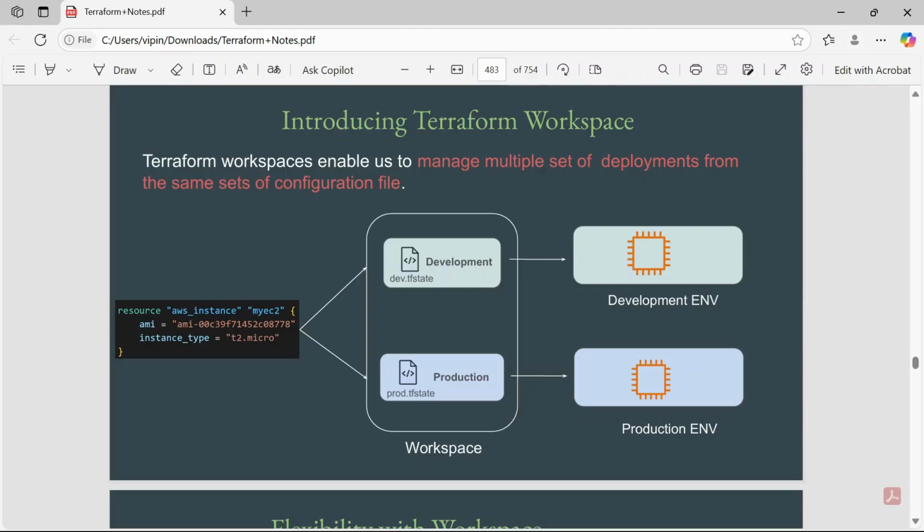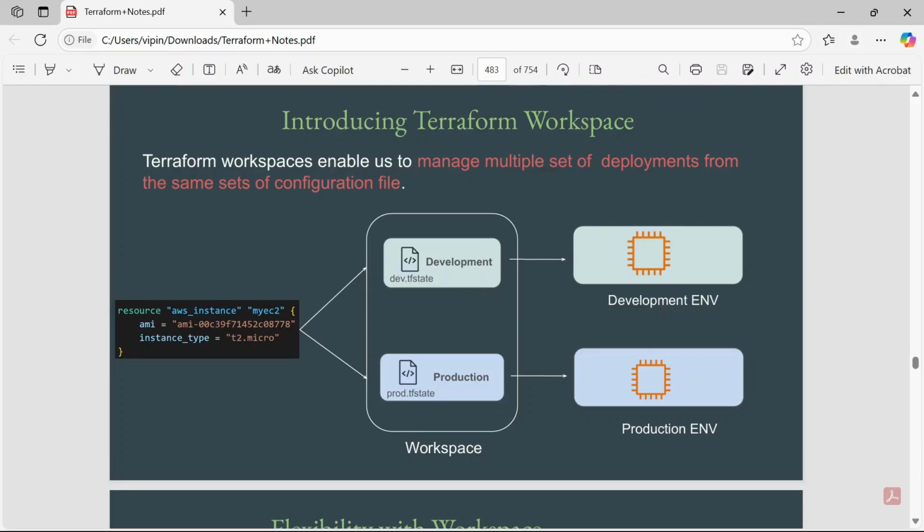Introducing Terraform workspace. Terraform workspace enables us to manage multiple sets of deployments from the same configuration file, meaning you can use a single Terraform configuration file. Here is an example of a configuration file that is creating an EC2 instance, and here we can see the workspaces, dev workspace and prod workspace. So we have different environments and we can have a different EC2 type according to the environment.